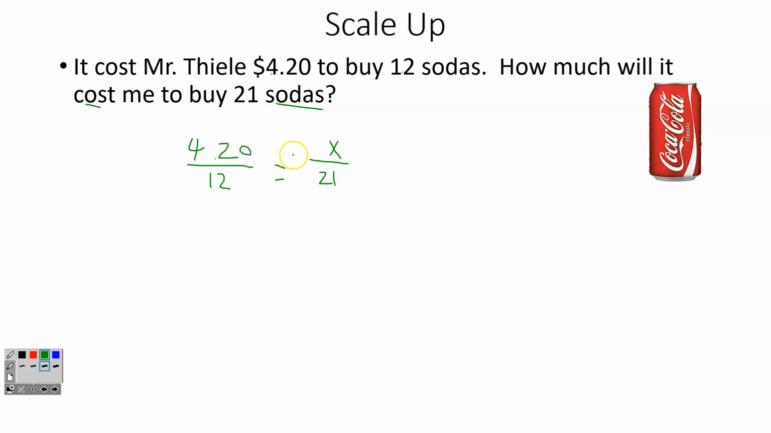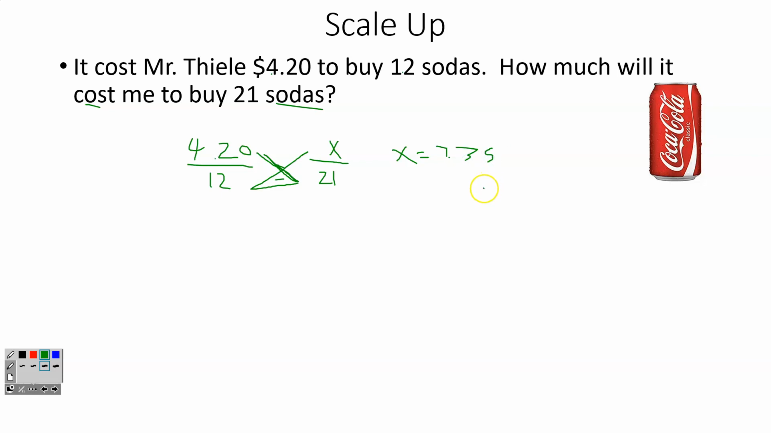So I put the cost on the top of my ratios and the number of sodas on the bottom. So I'm going to multiply numbers that are diagonal. I'm going to do 4.20 times 21, and then I'm going to divide by 12. And that's going to give me an answer for my x. So when I do all that, 4.20 times 21 divided by 12, I get an answer of